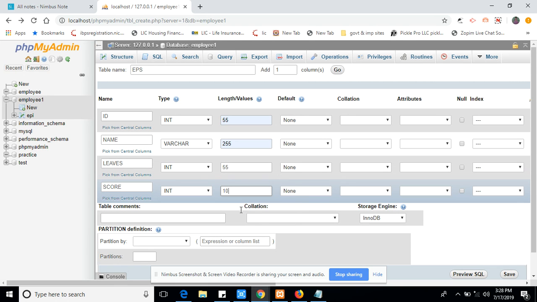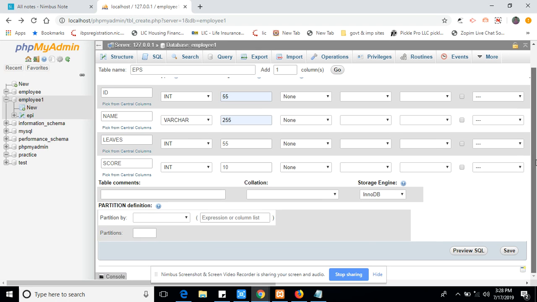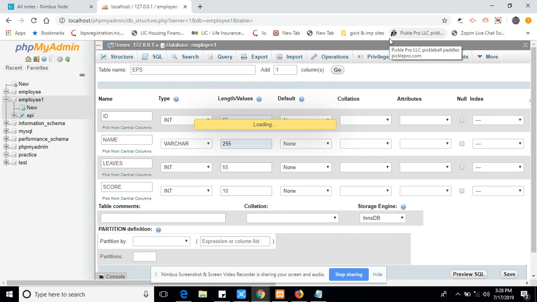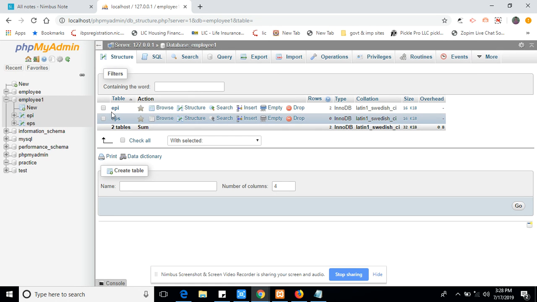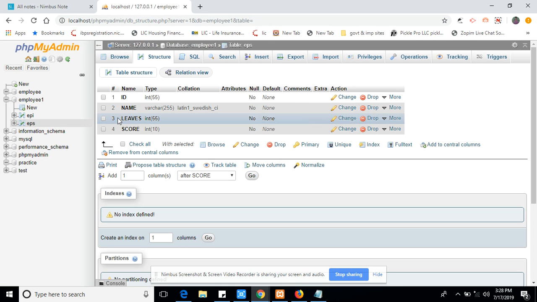Okay, right? This is another table, and let's create it. Save. So these are the EPI and EPS tables,